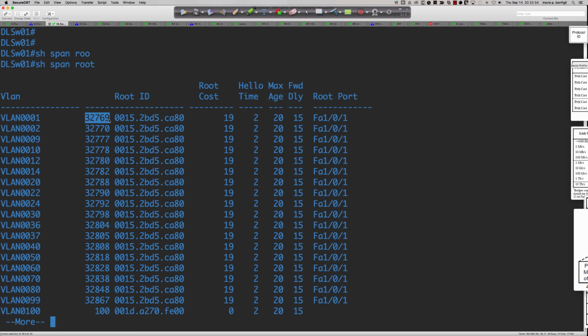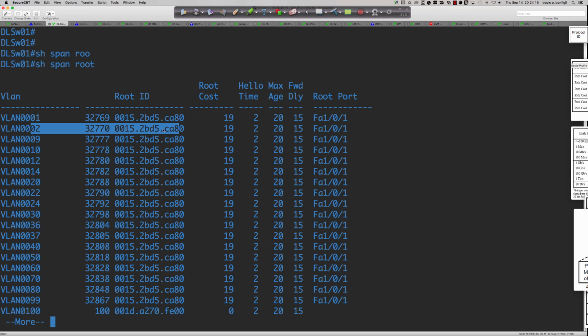There is the priority, and you can see it's 32769, 32770 because you have to add in that system ID extension for the VLAN, and then it shows me the MAC address of the root bridge. So very quickly off of this switch, DLSW01, I can see that for VLAN 2,